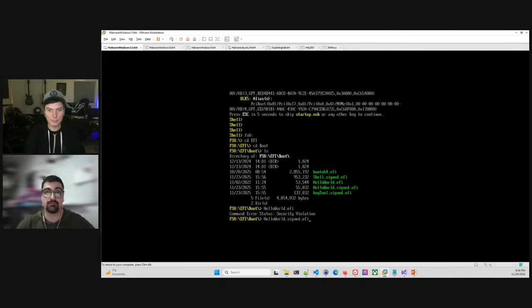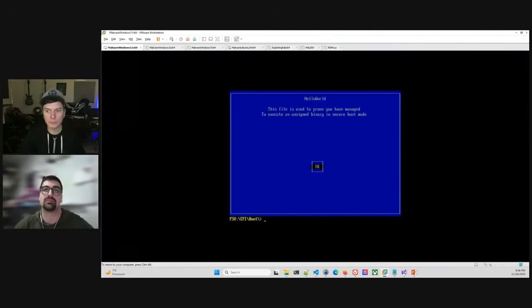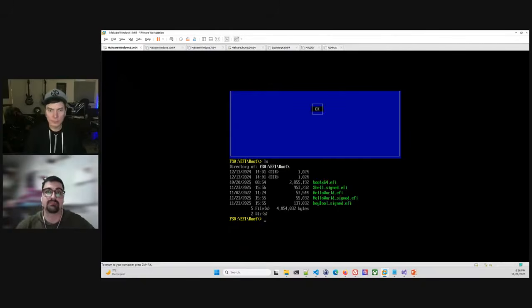Of course, hello world.efi is not going to work. I cannot boot that UEFI application because it's not signed with a key that is in the DB, and it's not signed by Microsoft. So I can't execute hello world.efi, but I can execute hello world underscore sign.efi because it's signed with a key that I